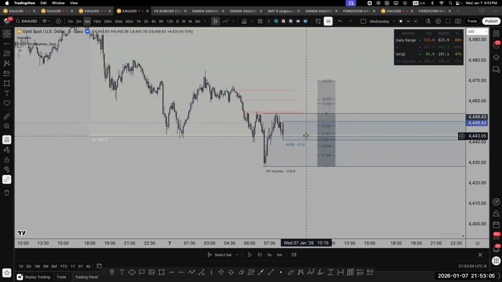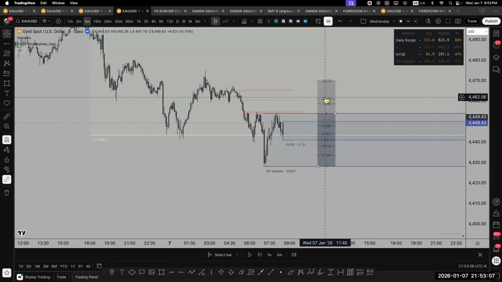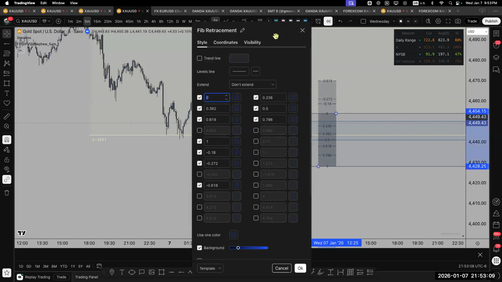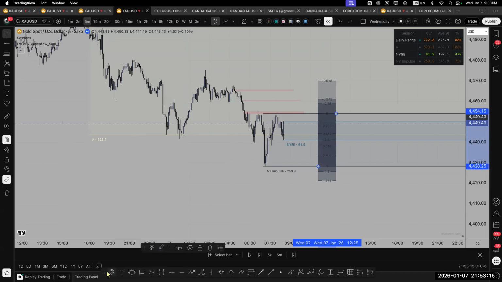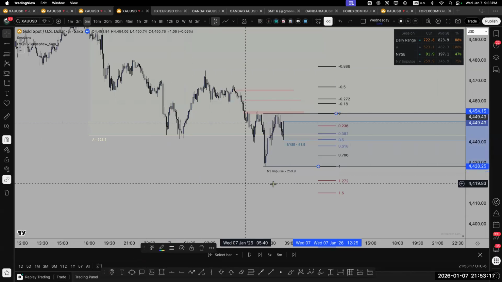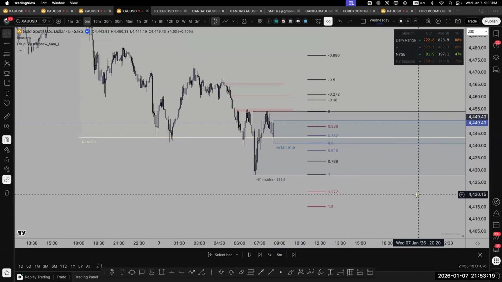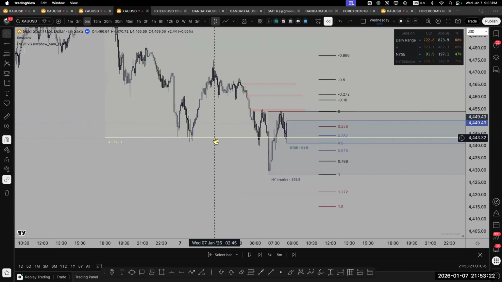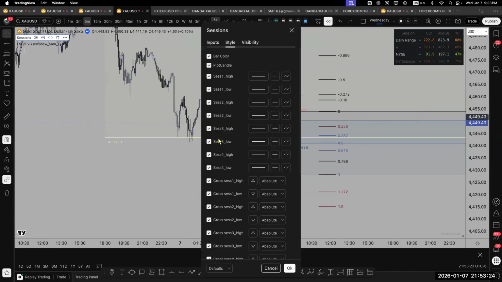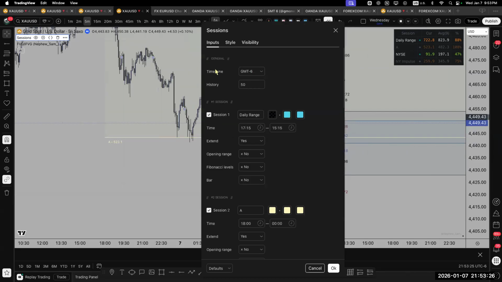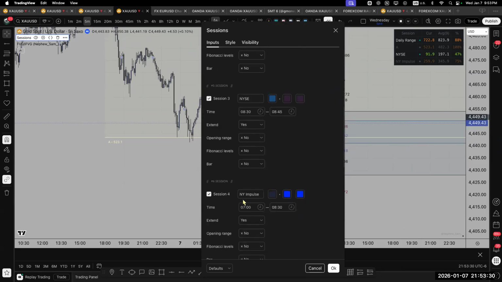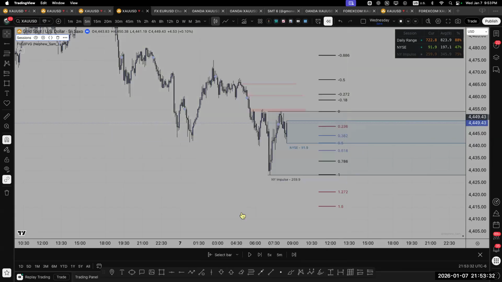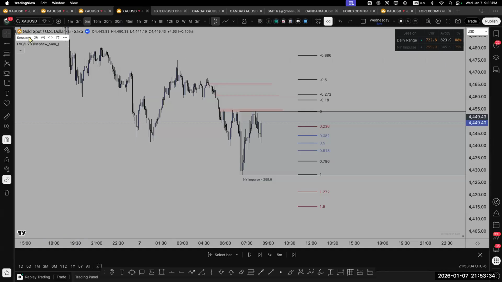The fib has extensions, right? The retracements, the extensions, but it also has extensions at the bottom, which you can add to them. Okay, let me put the other fib in there just so you guys can see it better. Okay, there it is. Let me hide some of the other things just so they won't be in the way. Session one, we can keep that. Asian, delete that, and the inputs. So right now, all we care about is the